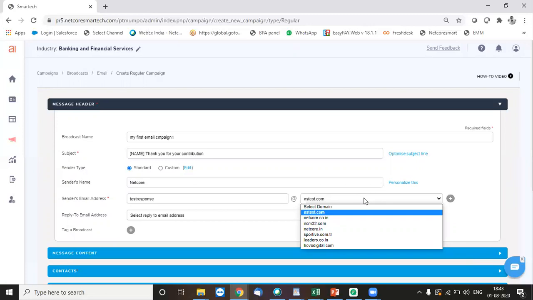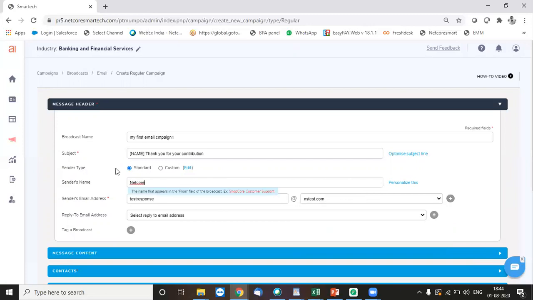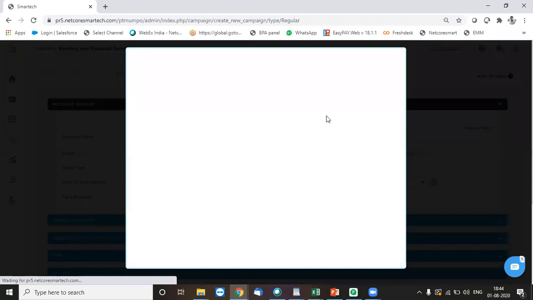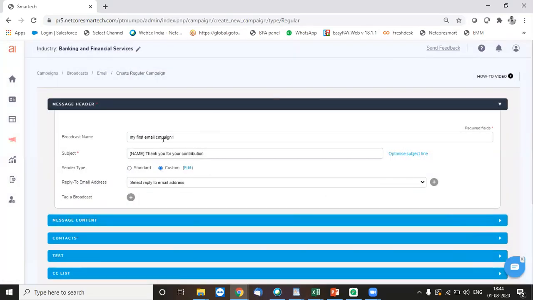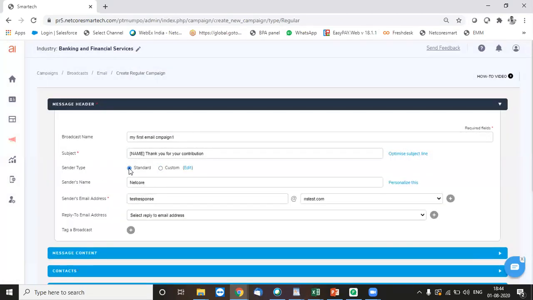So what domain or what kind of sender name I'm going to use for specific types of recipient emails like Gmail, Yahoo, etc., I can decide over here under the custom option. Although we would not suggest using it very frequently. This is used in very rare cases when a certain practice requires it. Otherwise, we avoid this, so we normally go for standard mode.